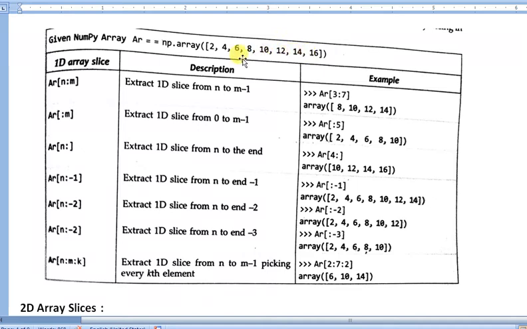But with the step value given here too, it will extract alternate values. So it will extract 6, then 10, and then 14. In this way you can extract values from a numpy array. Sometimes you need to extract values from a one dimension array, so we can form the statement in this way.